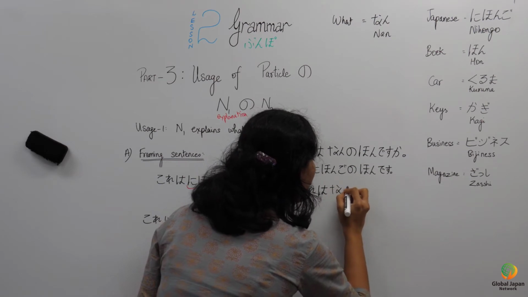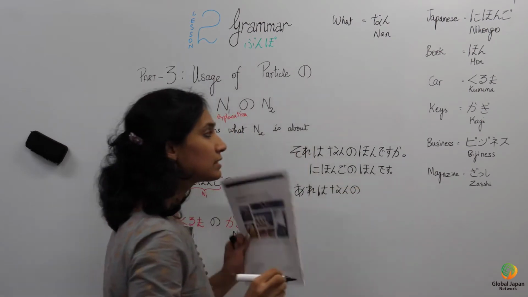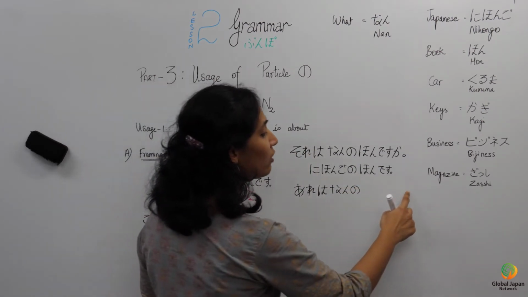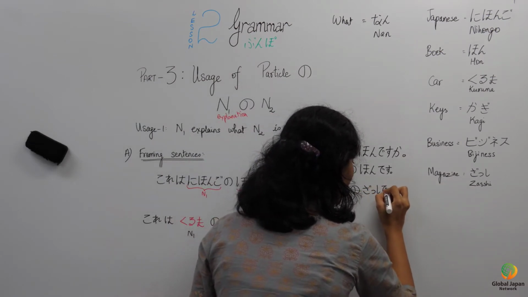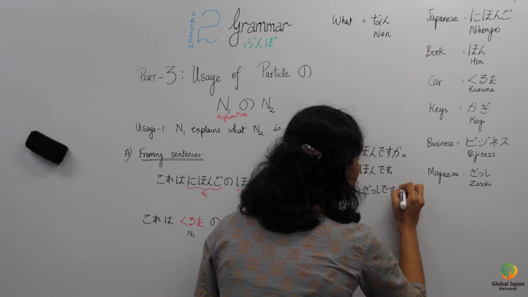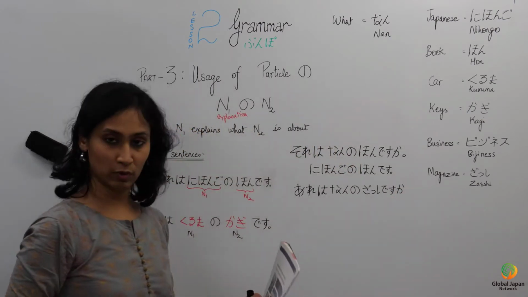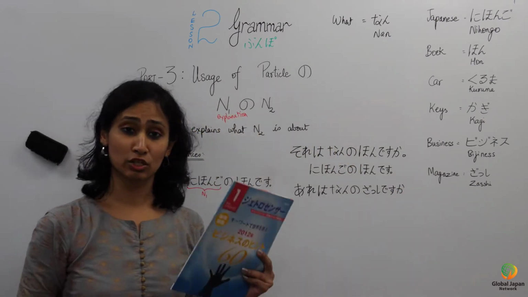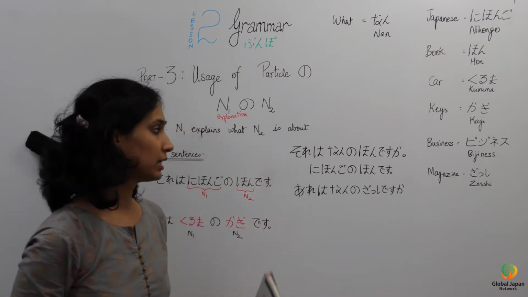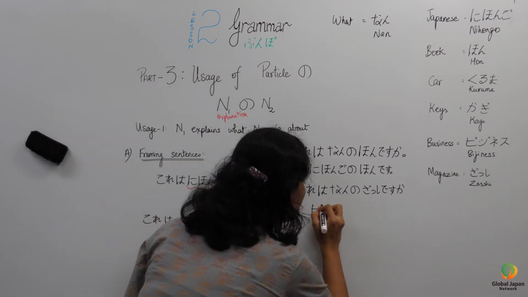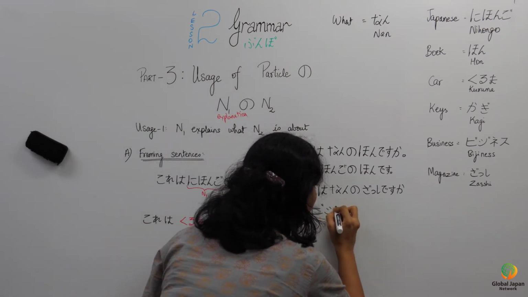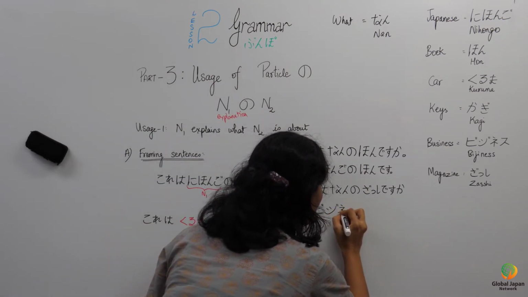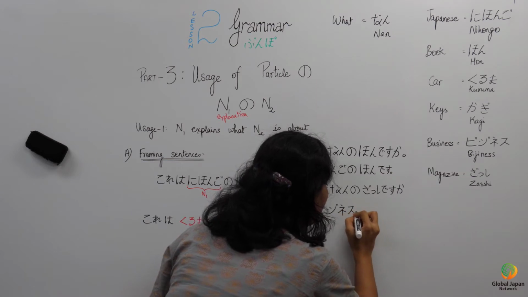Areva nan no. This is a magazine and the word for magazine is zashi. Nan no zashi desu ka? I would tell business no zashi desu. This is an English word, hence I am writing this in katakana. Business no